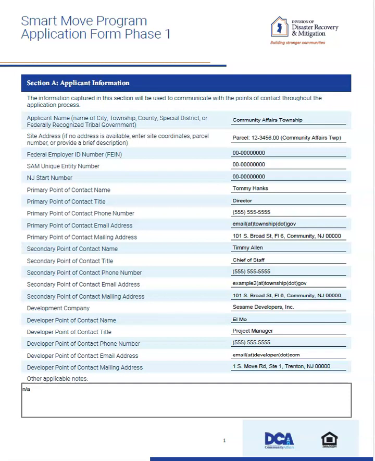Today's webinar will focus on completing the application form for Phase 1 of the SmartMove program. The application is divided into several sections. We'll begin at the top with Section A. Section A, Applicant Information. Applicants should include as much information as possible in Section A, including the name of the